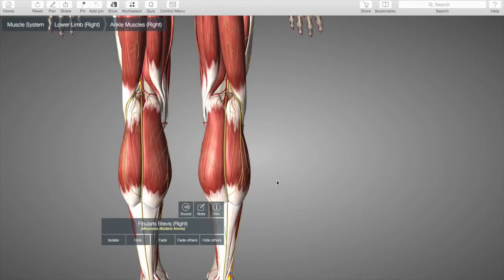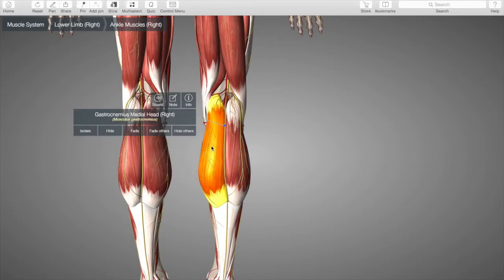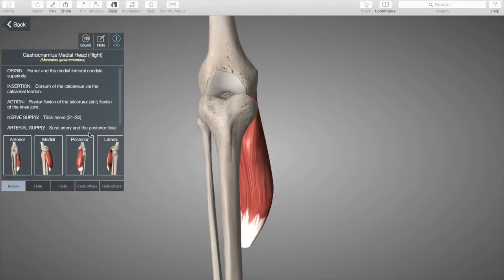There are two muscular compartments posteriorly, the superficial and deep posterior compartments. The first and largest compartment of the posterior aspect of the leg is the superficial posterior compartment. This starts off with the medial and lateral heads of the gastrocnemius. They have their origin